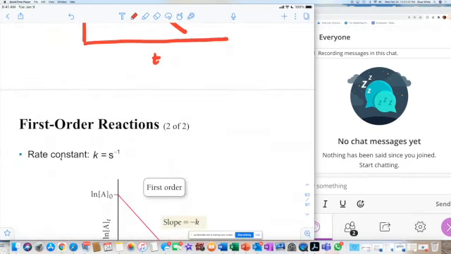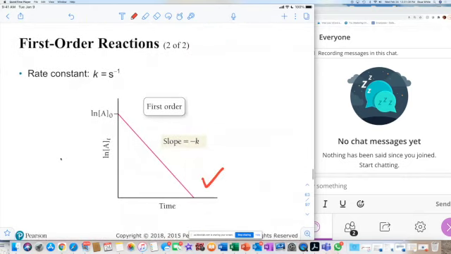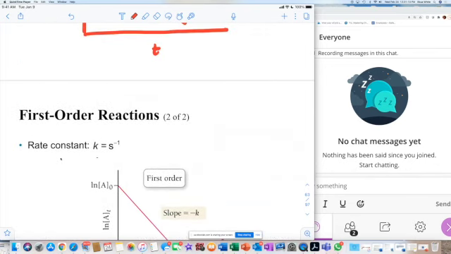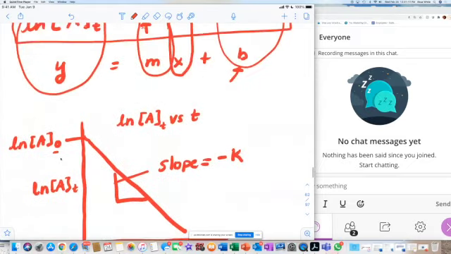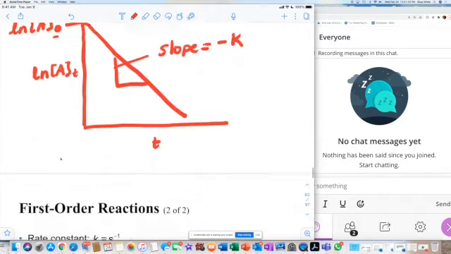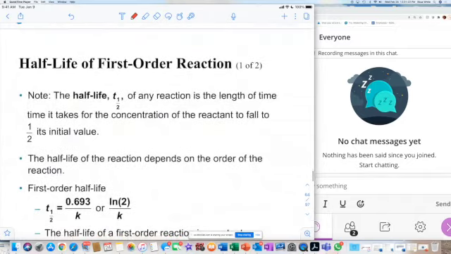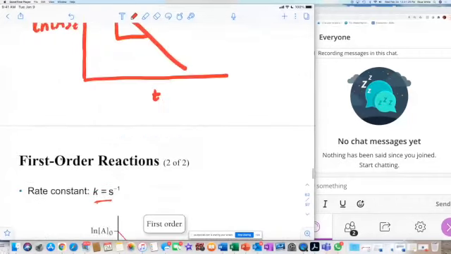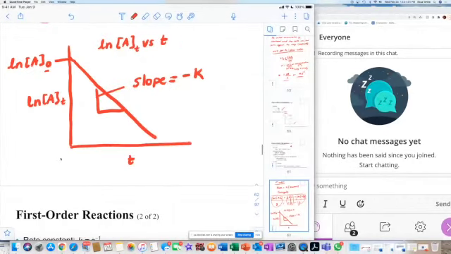Now we're going to the constant. So we've done the graph. This part is done. Slope, I did all the parts. Now we're going to the rate constant. We have to do the half-life first, though, before we do the rate constant. So I'm going to go to the half-life and do the rate constant, and then we'll go through the slides. So back here, let me add a page